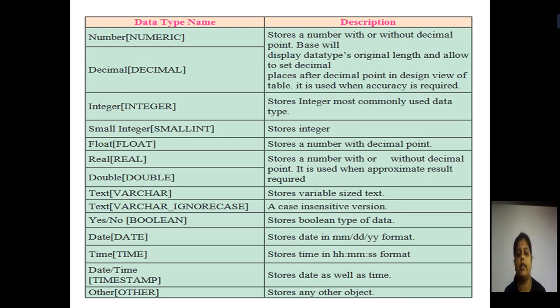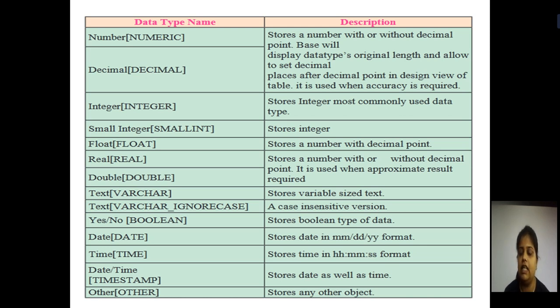Whereas text varchar ignore case is the insensitive version of case, in which you can ignore the lowercase or uppercase, and this type of data type is used. It means when you are writing the text, if there is a mismatch in case, then by using this data type, which is insensitive, it may get converted. If you are using a boolean data type, that is if you want to display a yes no value or 0 1 value, then at that time you will use the boolean type of data.